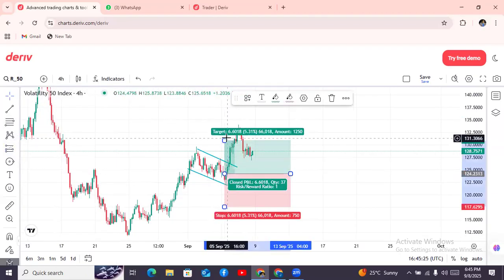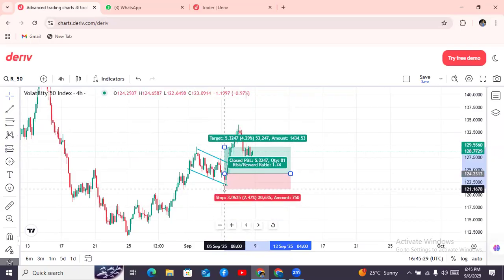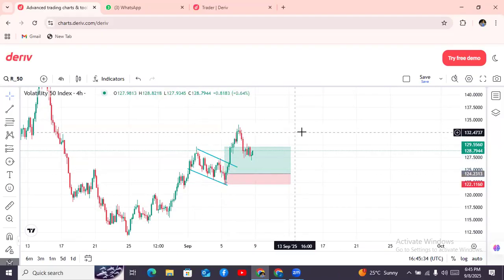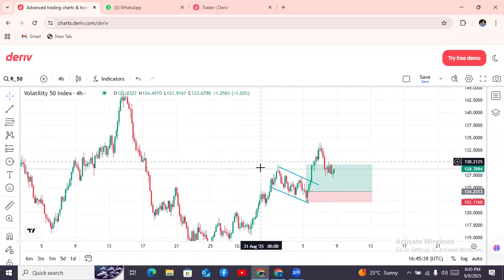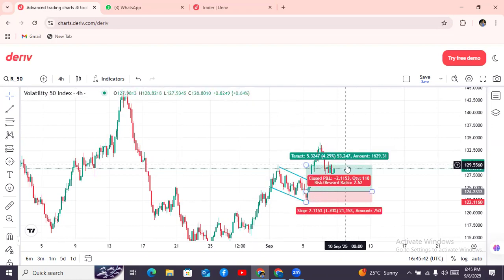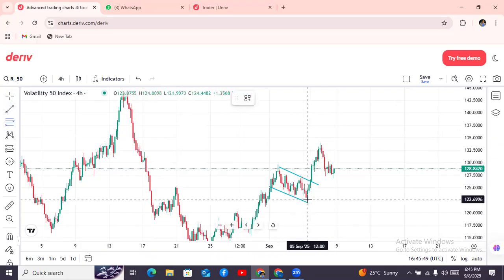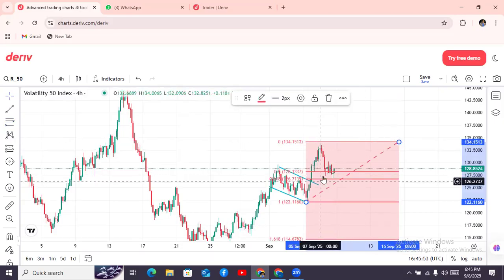One would have bought from there, and then targeted that high, putting your stop loss there. So which we did. And it seems like the market is still going up. The trend is still going up. Let's see if it will continue to go up. Let me use my Fibonacci retracement tool to check the level. Yes, this market is still buying